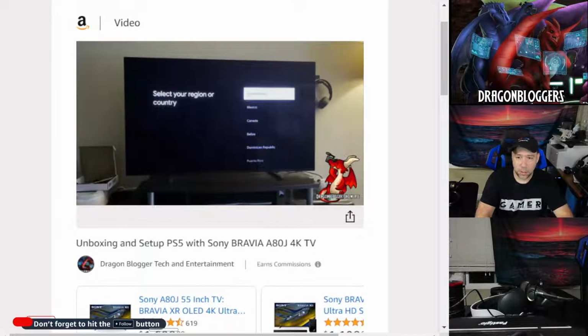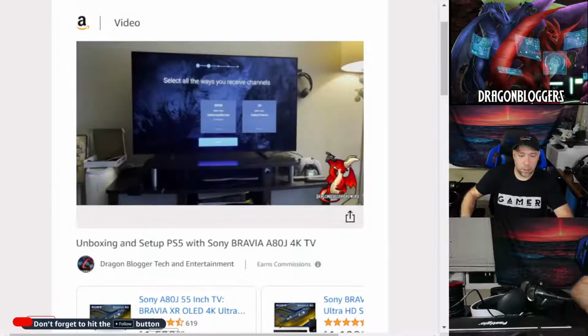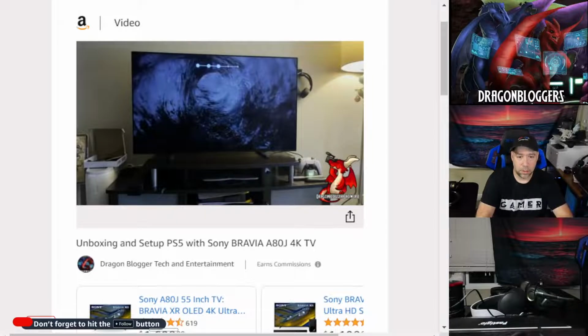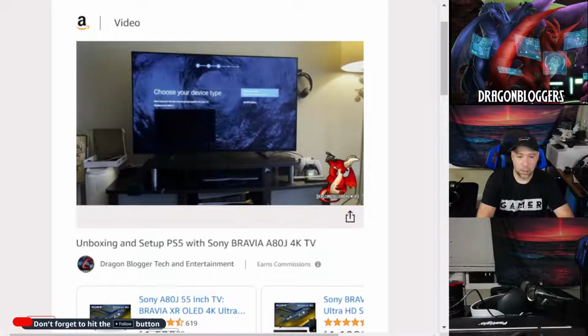Now you can see that I have my feet towards the center of the TV rather than out to the edges, and it fits on my entertainment center, which had a top shelf that wasn't as wide, and fits perfectly. Now, hooking up my PlayStation 5 to the Sony A80J TV, I was surprised it detected my PlayStation